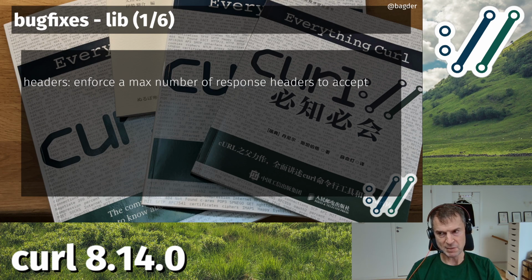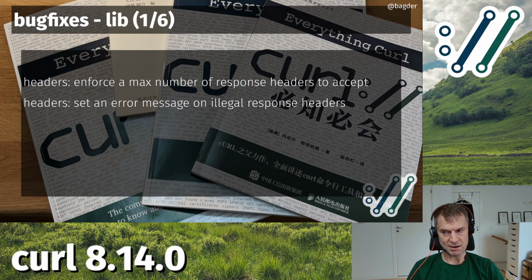If you hit that maximum number of headers, curl will consider it more of a malicious attack or some kind of mistake or badness. I think the maximum number is set to 5,000 headers right now. We'll see how that works. Maybe we need to bump that a little bit, but it's still an excessive amount because most HTTP responses only have 10, 20 or so. So 5,000 should be plenty.